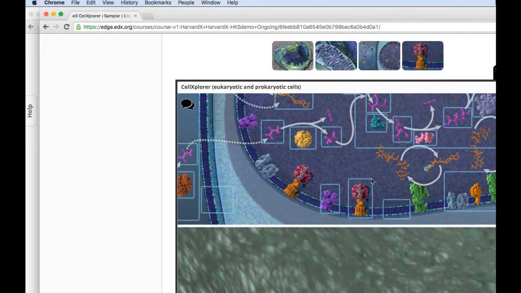And actually, tarea para hoy is go to the edX platform and sign up for CellX mitochondria. And in mitochondria, you can click on a tool in the upper part, there are tabs across the top, and pick Cell Explorer.